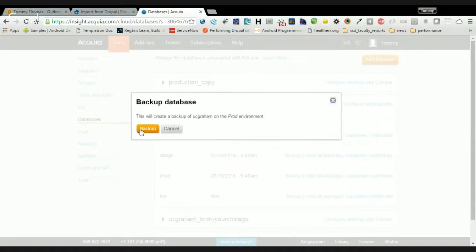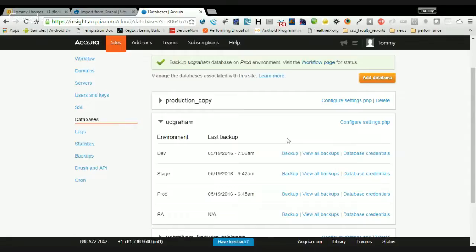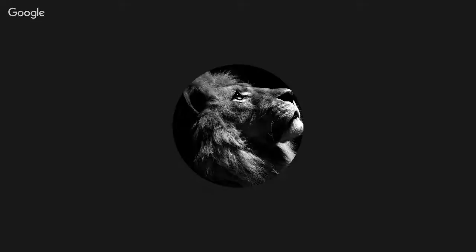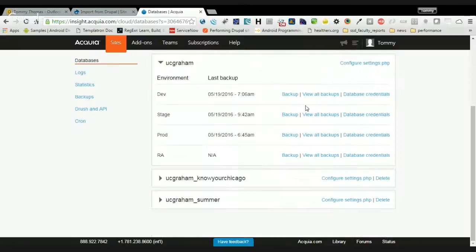This will create a backup on the production environment. So I believe from there I can just